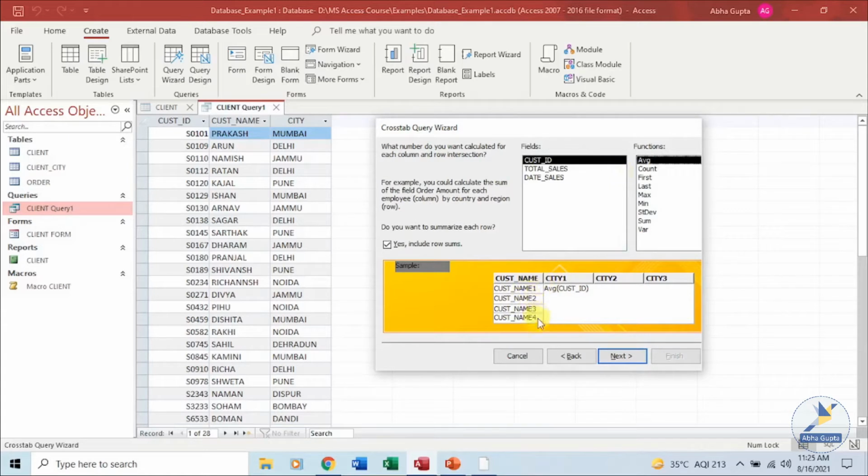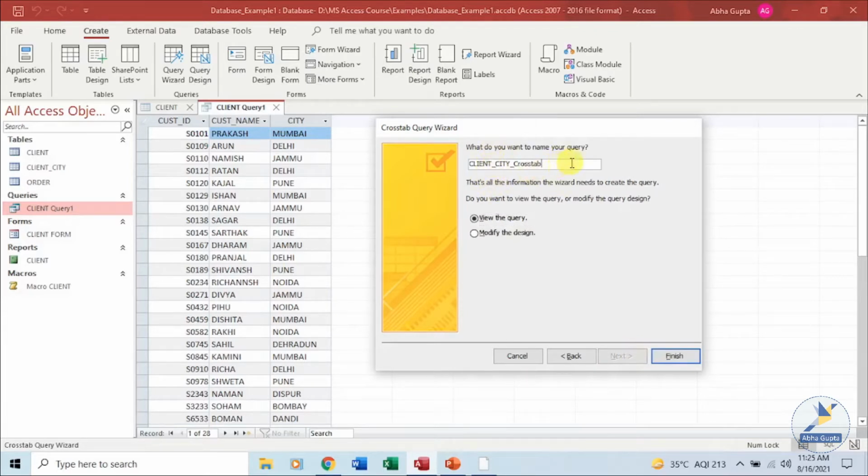Now the column and the row options which you are choosing depend on how you want to group your data, how you want to display your data. I'm using customer name and city. You might have other requirements, so accordingly you can choose the columns and the rows. What I want to see is the total sales of a particular city for one customer. So the field is being selected over here. You have to choose what function you want. I want to see for this particular customer number 1 in city 1, what is the total sales for that particular customer. So click on next.